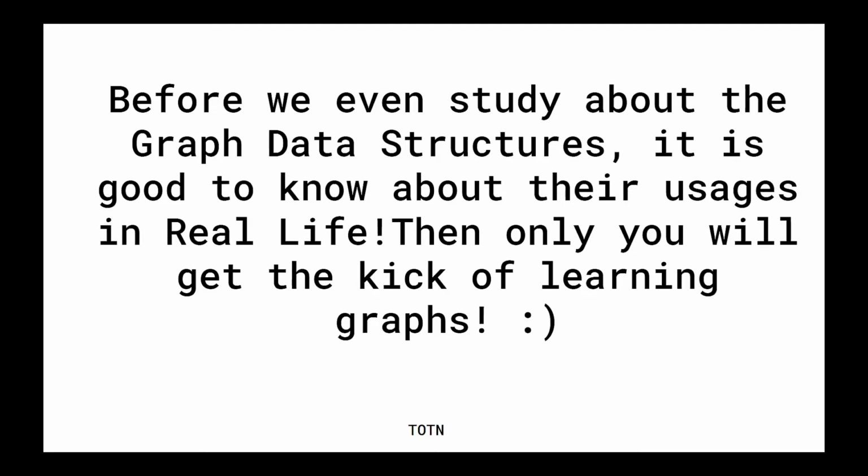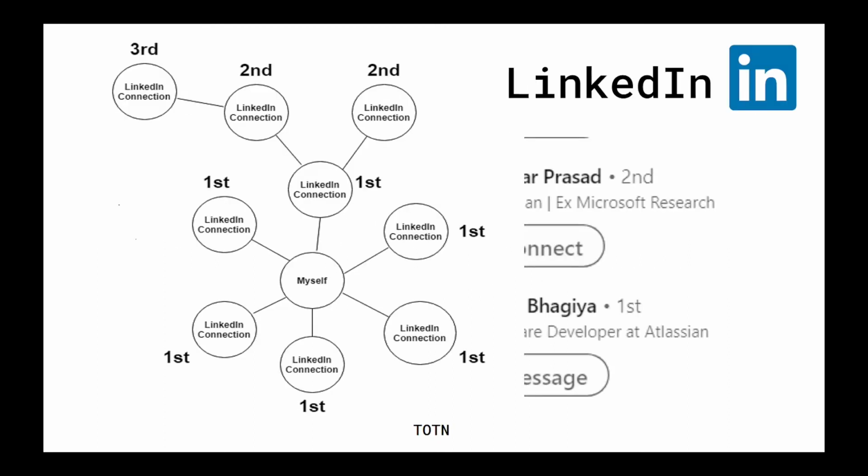There might be a lot of other examples too, but I've discussed a few of them over here. The very first application is the LinkedIn connection. When you go to your LinkedIn profile and you search for a random person, or LinkedIn itself shows you some recommendations on the home page, if you observe the suggestions clearly, you can see first, second, third, etc. highlighted next to the names. Here we can see second, here we have first next to the names.